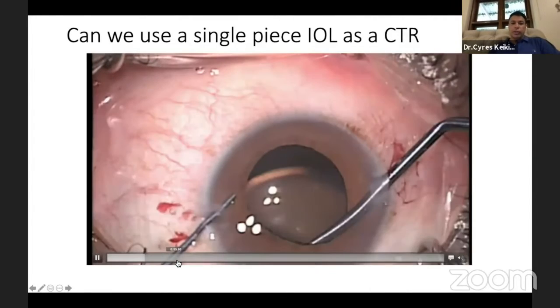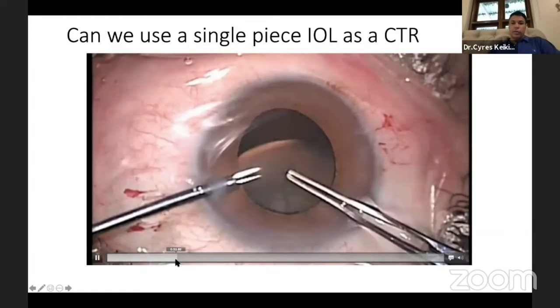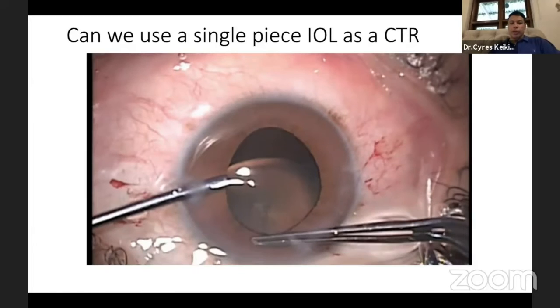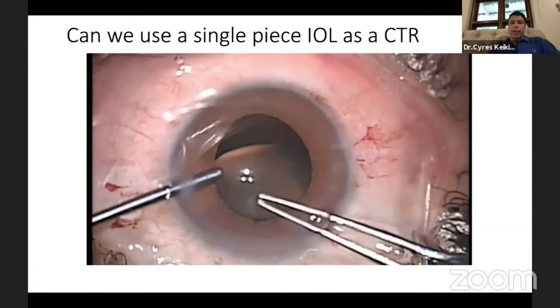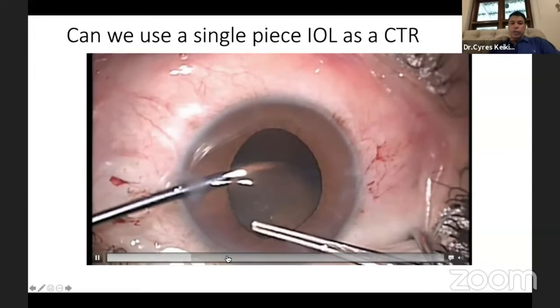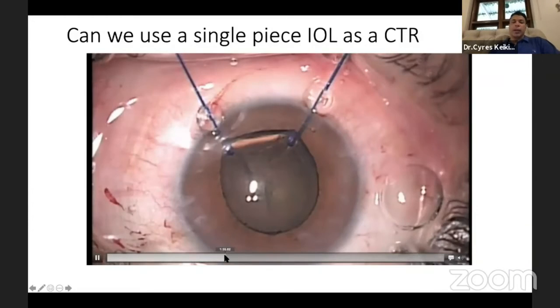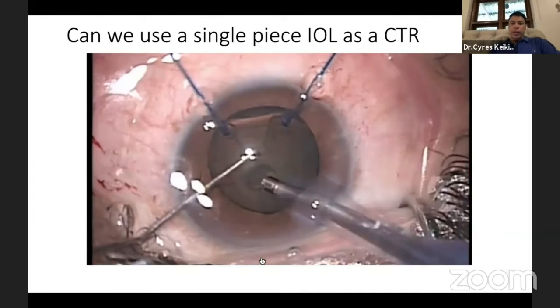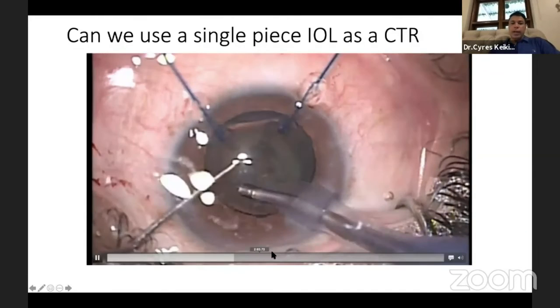So let's just run through this. You do a nice small rhexis. The trick is to do a small rhexis. If your rhexis runs out, you had it, and then you cannot use this technique because the lens will not sit in the capsular bag anymore. So once you do a small rhexis, you then elevate the capsular bag using pupil hooks like this. Evacuate the nuclear material. Do an I/A.